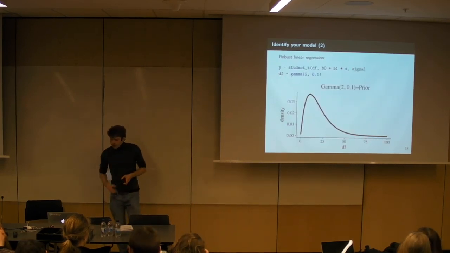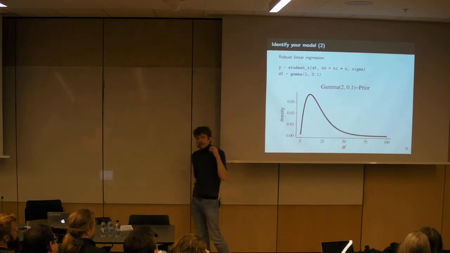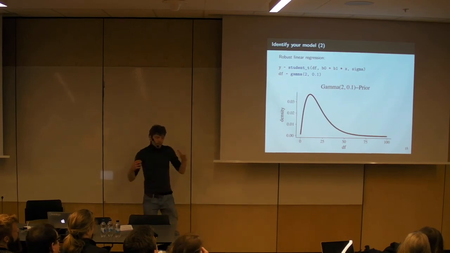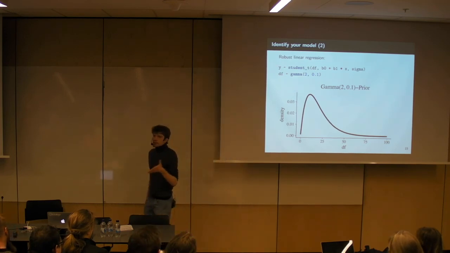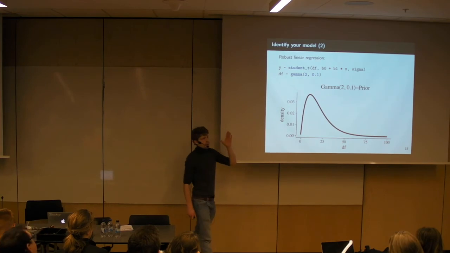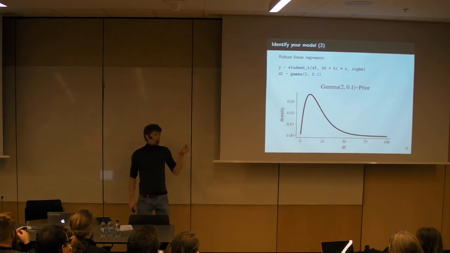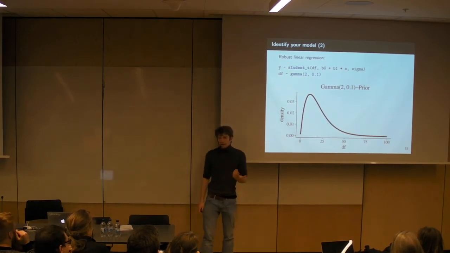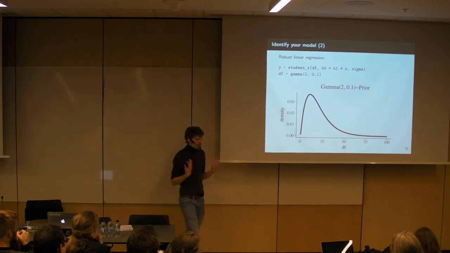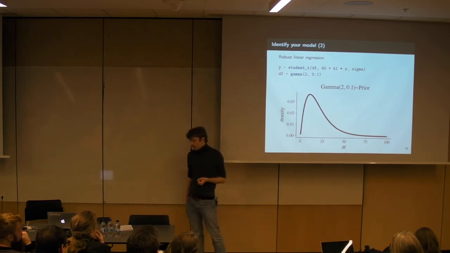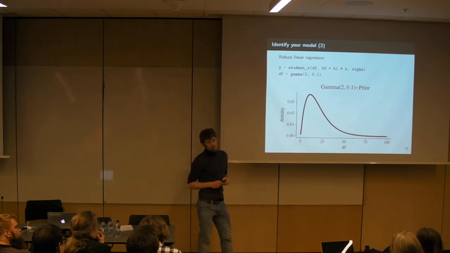The problem is, with this df, degrees of freedom parameter, it's in certain situations not identified by the model. So for instance, if the data is really consistent with some normal model, then we cannot distinguish between 50 degrees of freedom or 100 degrees of freedom or 1,000 degrees of freedom, because everything is basically just very close to the normal distribution. So we have to put a prior on the degrees of freedom so that they become identified, so that we can estimate them, even if the degrees of freedom end up pretty large because the data is close to a normal distribution.